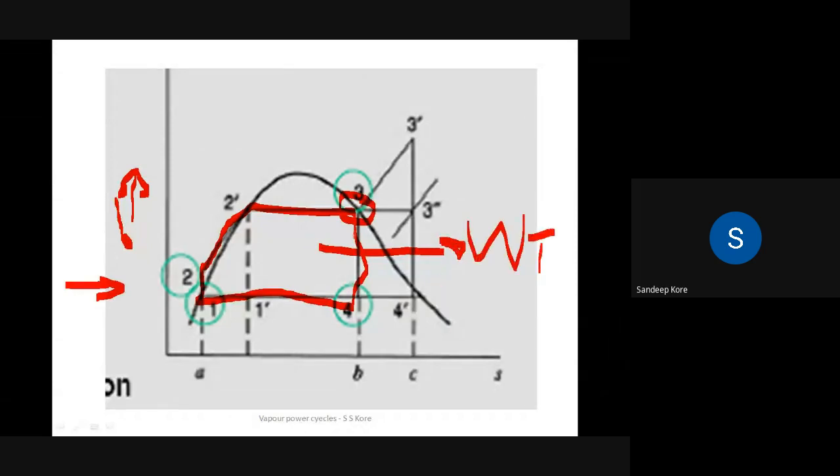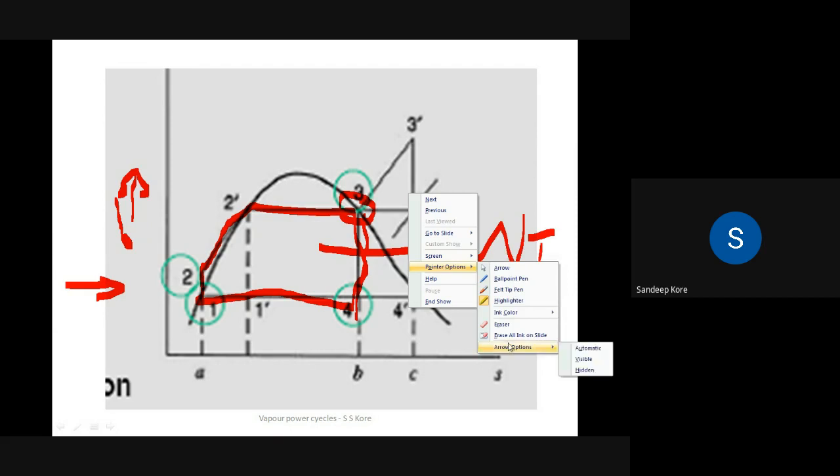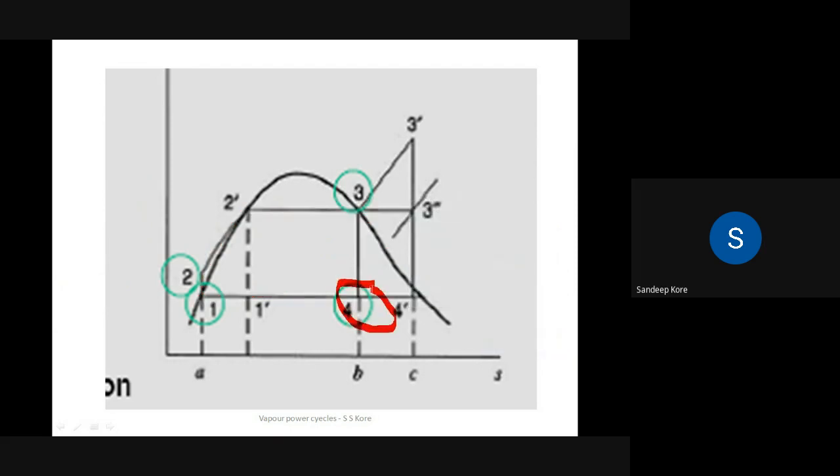Okay. So if you observe, the point 3 is lying on the saturation curve, meaning the steam is dry and saturated. उस steam को हम अगर expand करेंगे तो उसकी heat अगर निकाल के लेंगे तो steam is going to become wet. So if you observe, if you are moving in the downward direction, the dryness fraction of the steam is going to change. So at point 4, the steam is wet. ठीक है. So turbine work is given by the change in enthalpy across this 3 to 4 process, that is H3 minus H4.